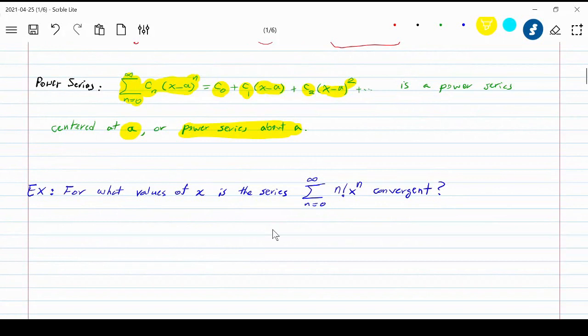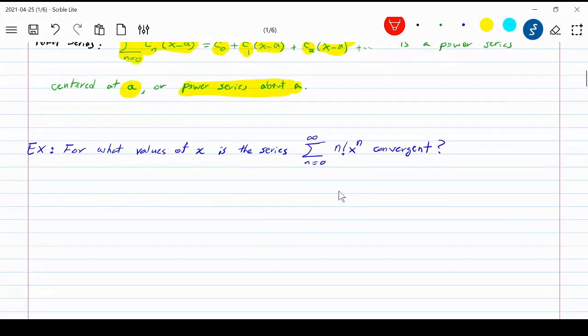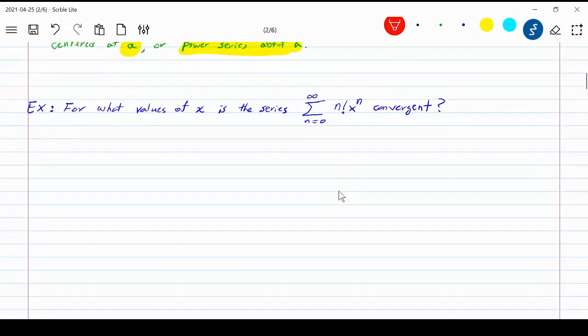Okay, so now let's look at this and say for what values this series is convergent. So we want to first figure out for what values the series is convergent, then we can talk about what would be the result of this series, or maybe we can extract more information from that series. Okay, so for what values of x is the series convergent? If you remember, we had tests for convergent series. The ratio test was a good test,